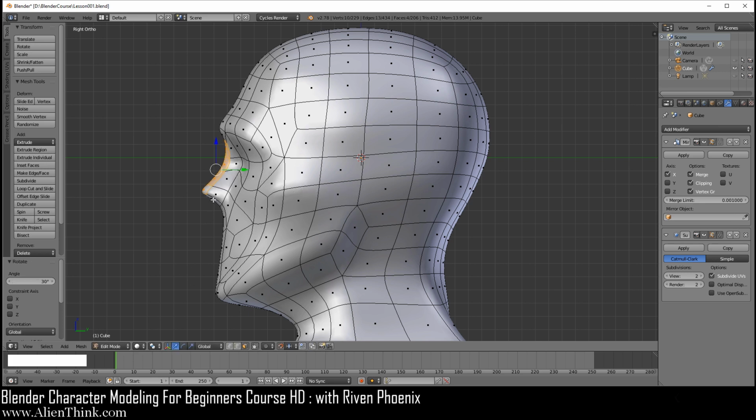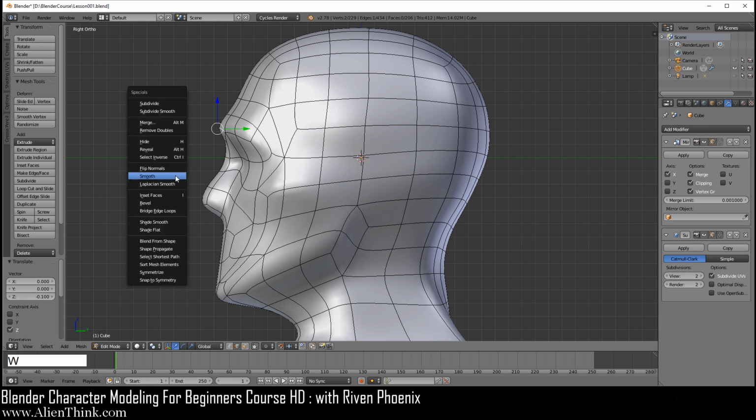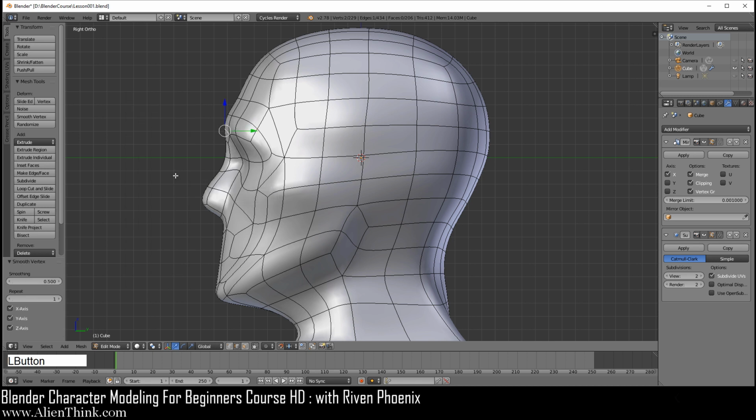Next, go ahead and just get this face over here, just like this, and just move it down 1 time over here. Okay. Switch to edge mode. Now I want you to just select this edge over here. Do W smooth 1 and then 2. Now we're going to go back to your face select mode.